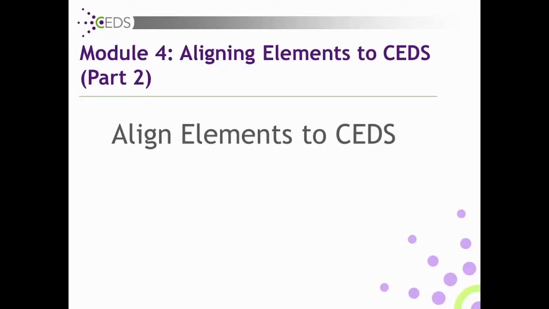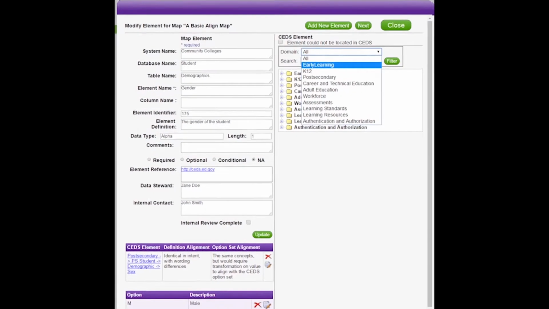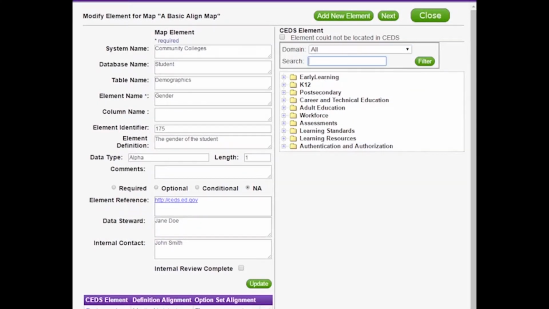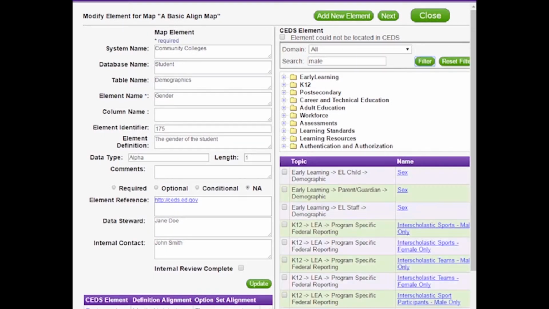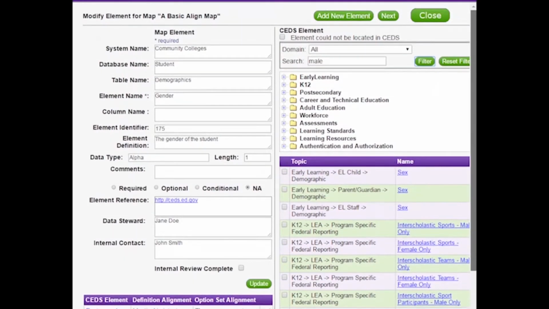Align Elements to CEDS, Topic 2. On the right-hand side of the screen, CEDS elements can be searched by domain, such as early learning, K-12, or post-secondary, or by a keyword. When searching by keyword, enter the keyword and then click Filter. This will provide a list of elements which contain that keyword, either in the element name or somewhere in the